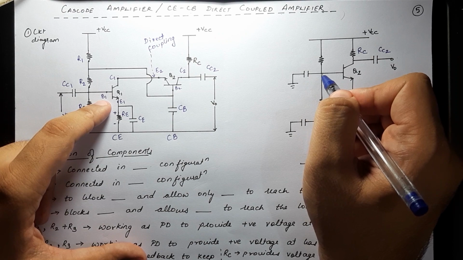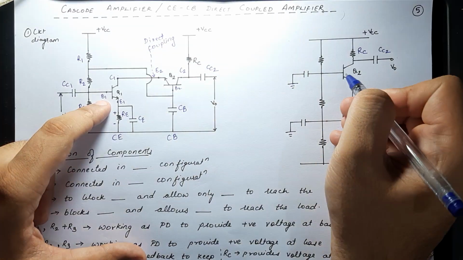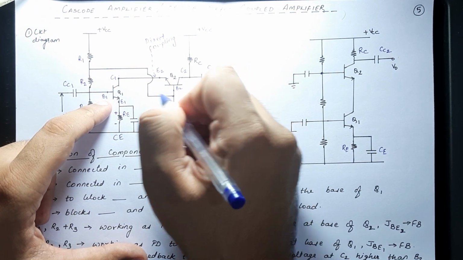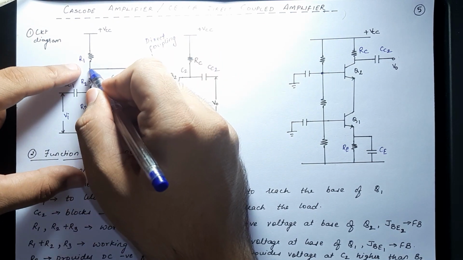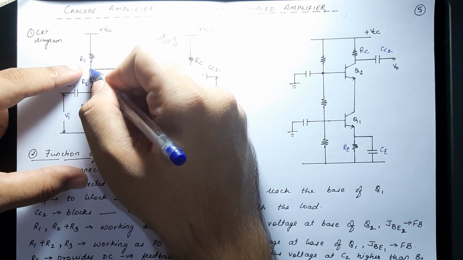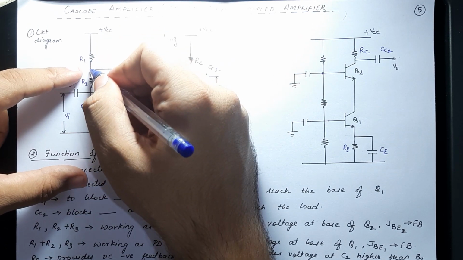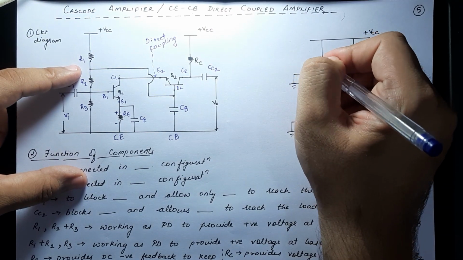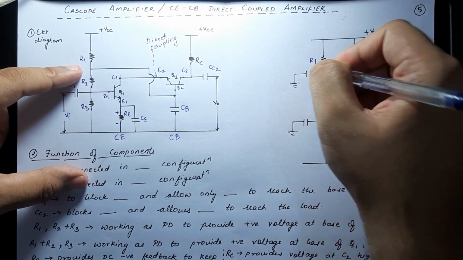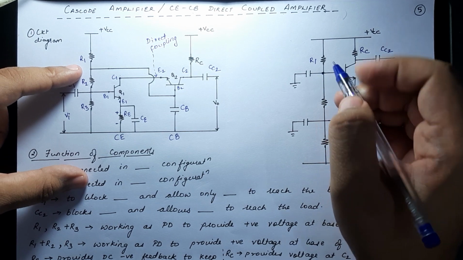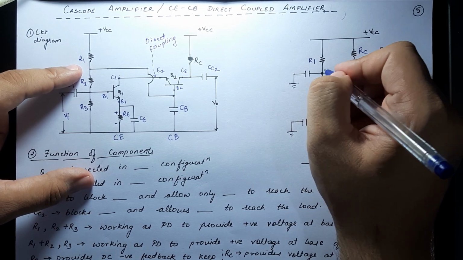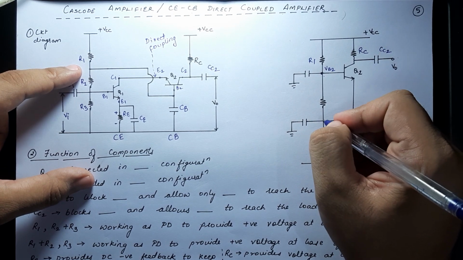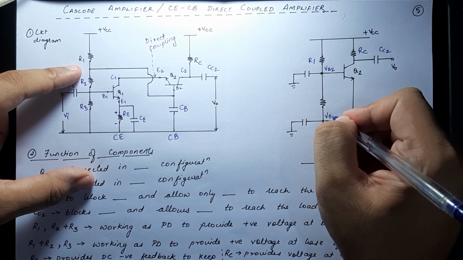Now Q2 is getting an input from a voltage divider circuit. This point over here is nothing but this point over here, which is getting connected to over here. So one terminal is connected from this part to VCC and the other one is connected from this part to ground. So this one is my R1, which is connected from my terminal. For the sake of convenience, this will be named VB2, and this point over here will be named VB1.